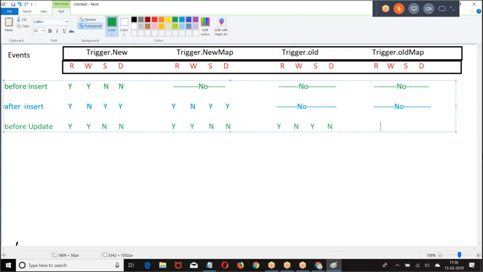No DML operation. Then we have after update. After update, Trigger.new. If it is after, what are we supposed to do? SOQL and DML. In before, read and write. In after, SOQL and DML.